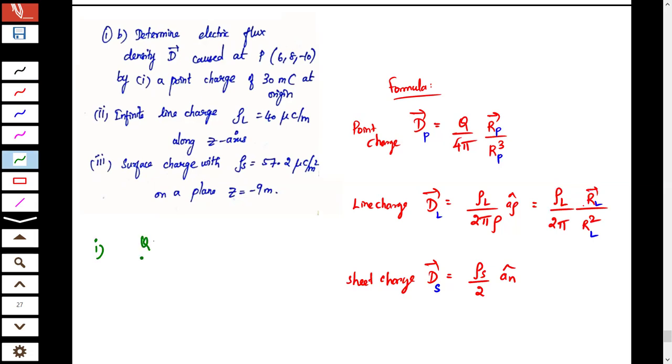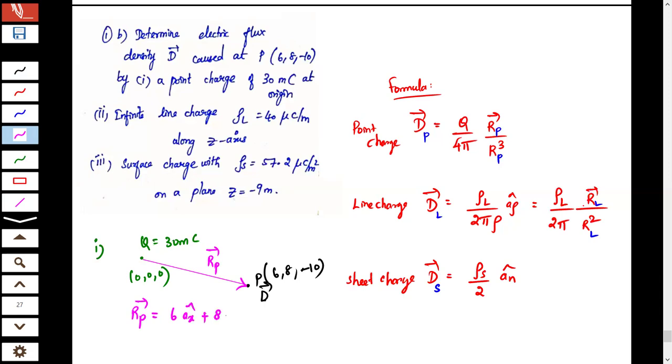So let us start with the first one for point charge. Point charge of 30 millicoulomb is located at origin. The coordinates of the point charge is origin. And the point P where we are finding electric field intensity or flux density, that is 6, 8, minus 10. So when we try to find the vector from charge to the point P, we have to find RP vector and then make the substitutions. So RP vector is